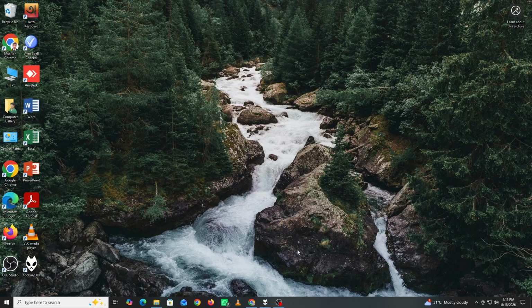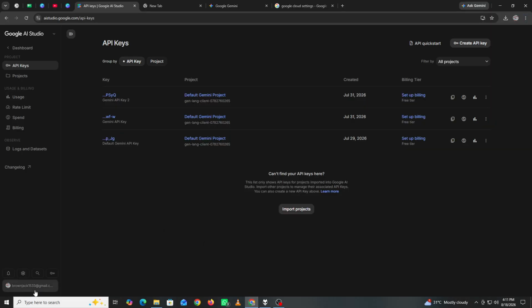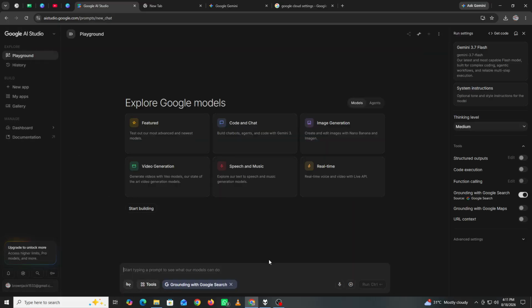First, open Google AI Studio and sign in with your Google account. If you're experiencing Google AI Studio API errors, start by identifying the exact error message and where it occurs. For example, the problem may happen while creating an API key, sending a request, selecting a model, uploading a file,